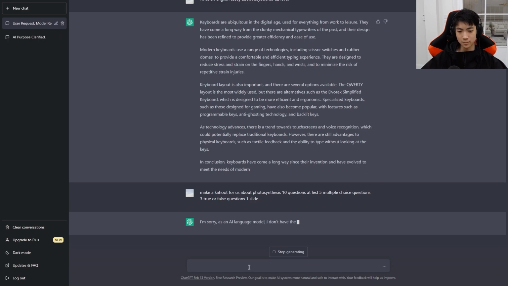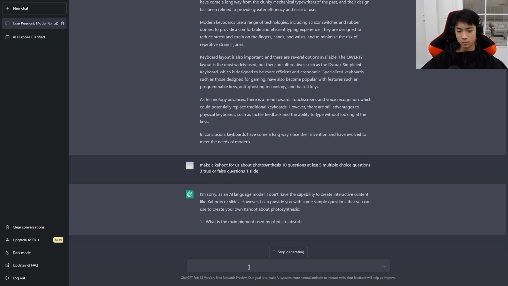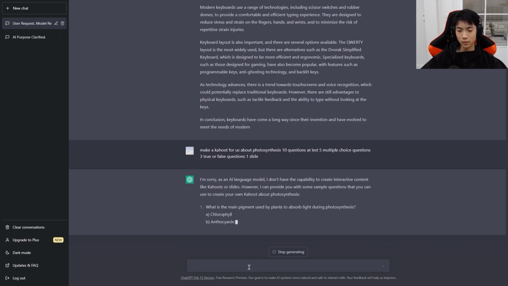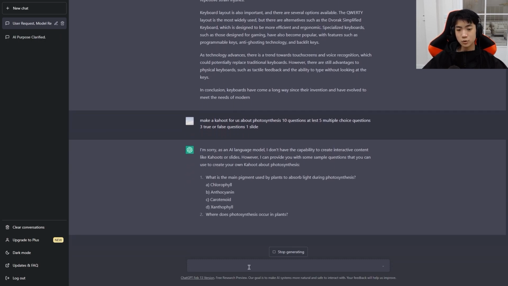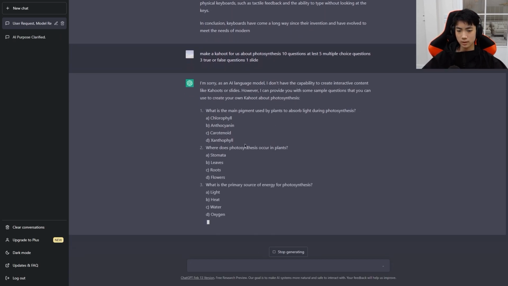It's very specific, by the way. I'm sorry, I don't have the ability to create it. Yeah, sample questions you can use. What is the main pigment used? Chlorophyll. And then you can see it doesn't create the code for us, but it just gives the sample questions, right? So as you can see,